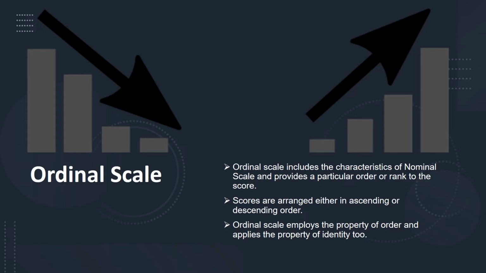I can give an example, like the height of the learners, the weight of the learners, the age of the learners. So what you can do? You can order them. So far as height is concerned, first of all you can measure the height, you can write the height of the students. Then further, who is highest in terms of height, who is lowest in terms of height, you can also order them. And here you can order or you can also rank them.